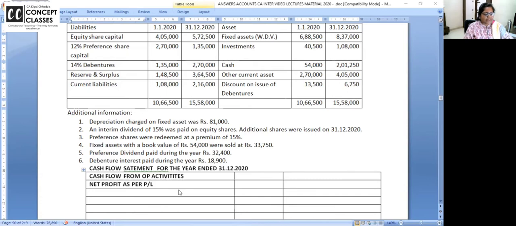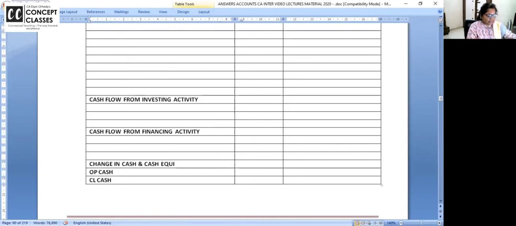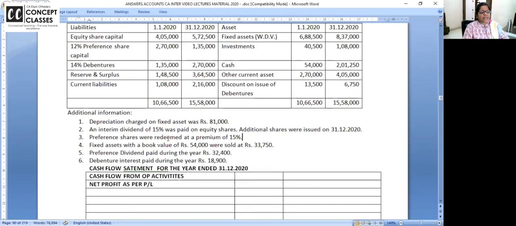Where will I write this? In the financing activity. Issue of shares. Inner column. 167,500. You'll have to jump through the whole problem, that's why take a fresh page. Don't start cash flow statement from half a page. Make the cash flow statement on one side, and leave the working here. Start it from a new page, preferably left and right, so that in exam also you have a proper presentation. Money has come in from issue of shares. Had there been bonus shares, I would have written a note.